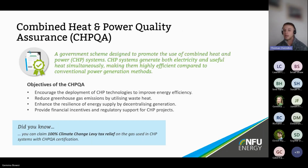And then lastly, back onto combined heat and power quality assurance, CHP QA. This scheme is designed to promote the use of CHP systems, which are great because they generate both electricity and heat simultaneously, making them very efficient compared to perhaps having two systems at once, or compared to more conventional power generation methods. Again, they're most applicable in industries where you would need both of these energy generations on site at the same time. The objectives of the CHP QA scheme are essentially to encourage the deployment of these systems nationwide